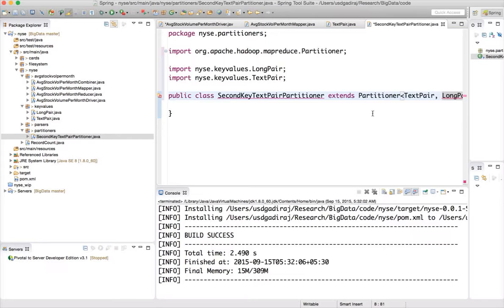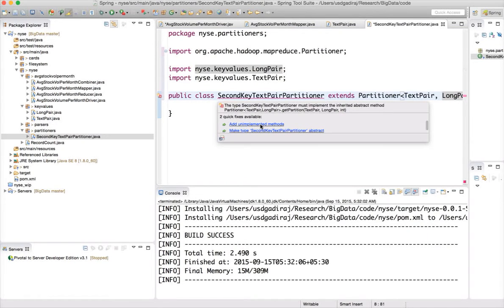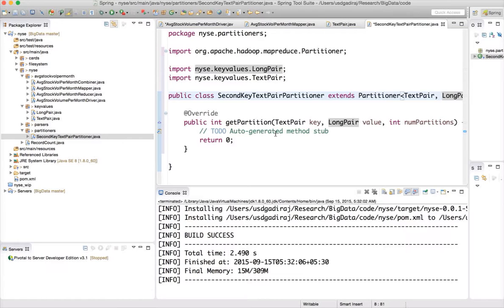Okay, I'm just importing all the classes, and now it is complaining that we have to add an implemented method, and we did that. And here what you have to do is, so it returns integer. Okay, so let's define an integer, partition value. Okay, let me initialize it to 0,